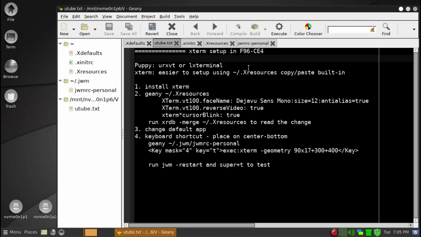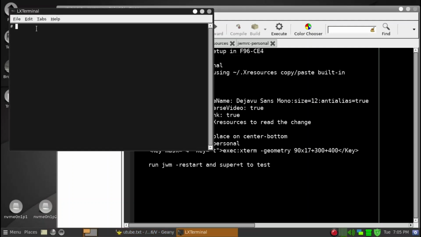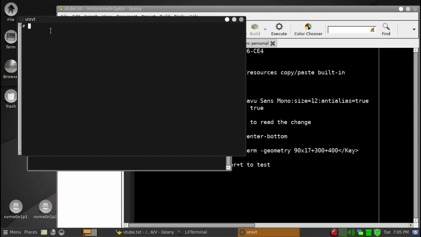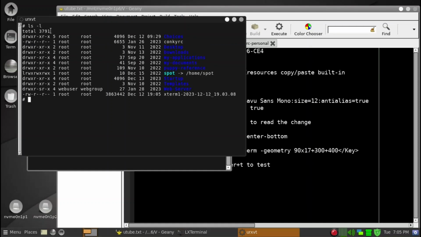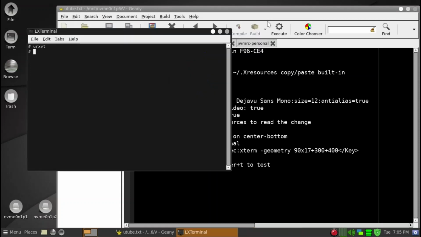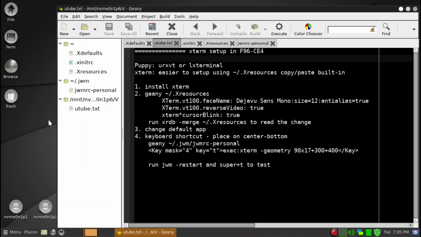So, I'm just going to go through with you. On this CE4, you do have an LX terminal as you see it here, and you also have your URXVT. So this is already installed. URXVT I think is somewhat similar to Xterm, and I have been using URXVT, but I want to also compare it to Xterm, and since it's not installed,